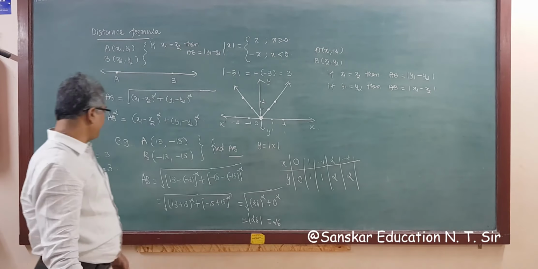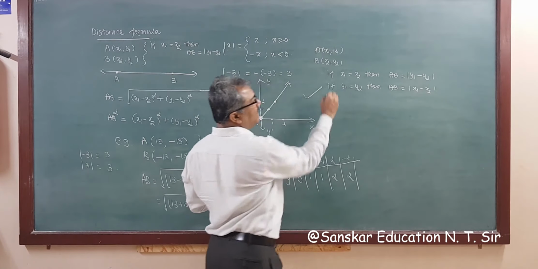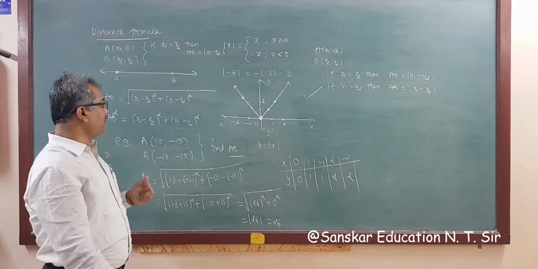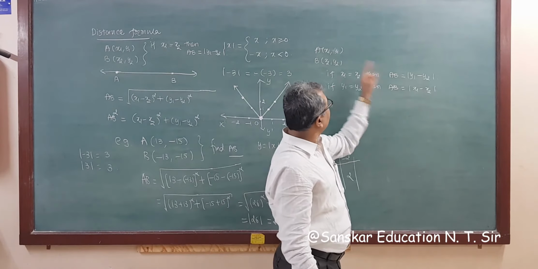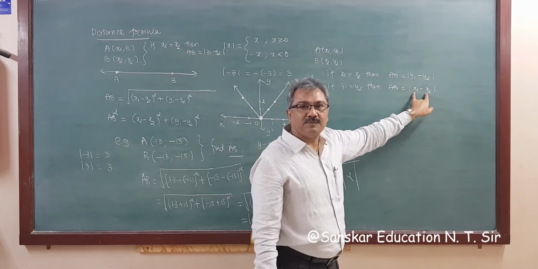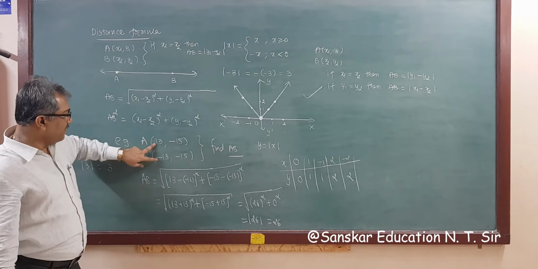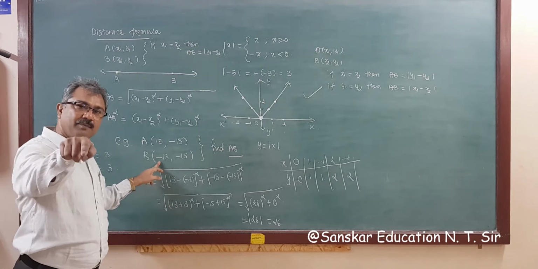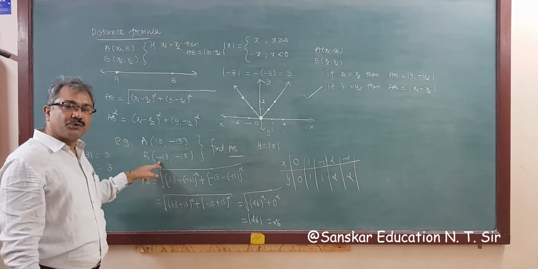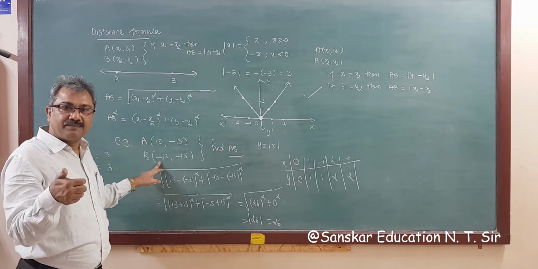So see here, what is it? y1 is equal to y2. So here we apply the second formula. Then the distance between these 2 points is the difference of the x coordinates. Now what is the x coordinate here? 13 and minus 13. So taking the difference, 13 minus minus 13, that is plus 13, that is 26. So you can get the answer without writing a single step.